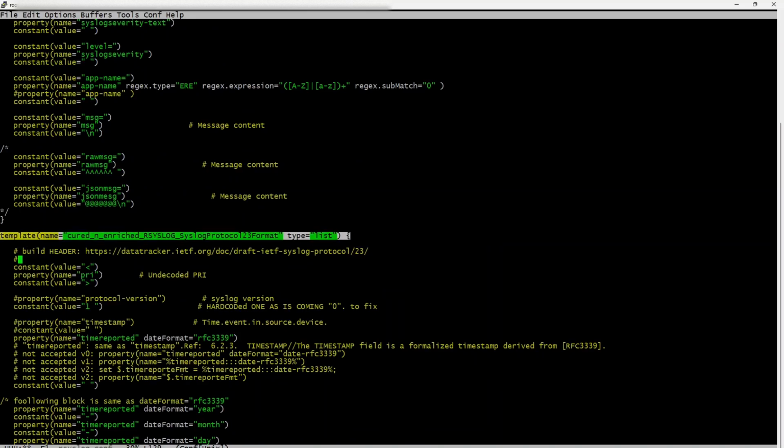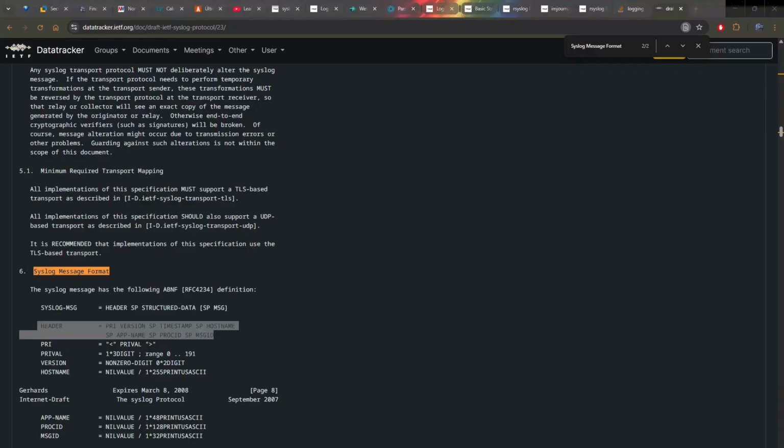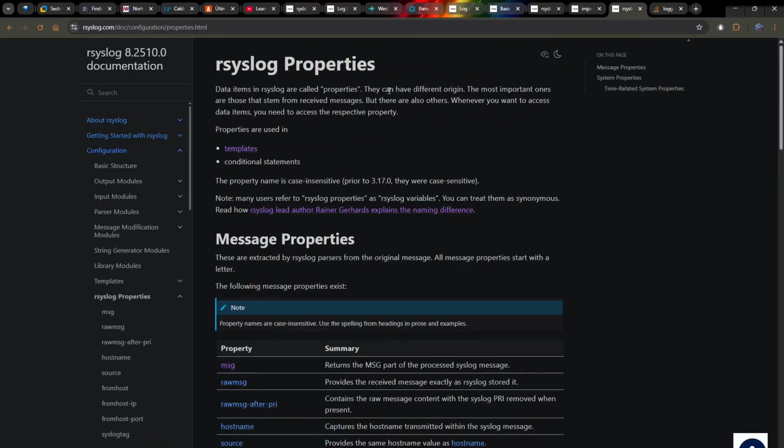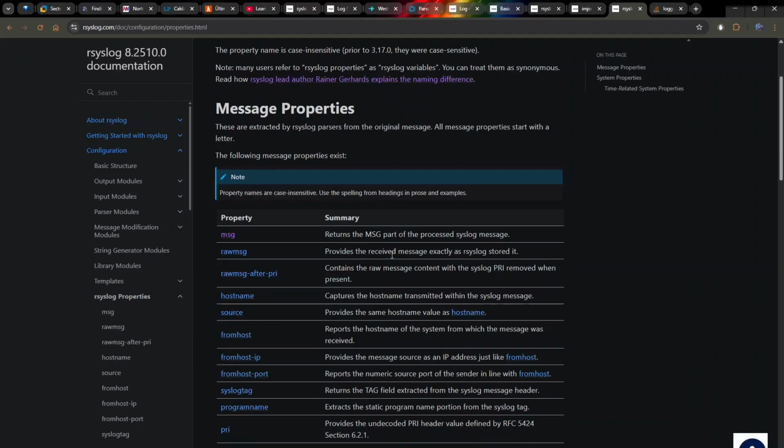There are various types of templates also. There's string, list, and JSON, I believe, or tree. This is not important right now, the type. The only thing that I know is that this is going to help me to intercept the event by calling the different fields. On rsyslog, the fields are called properties. So the properties are actually variables that allow us to tap into the various fields that come predefined in